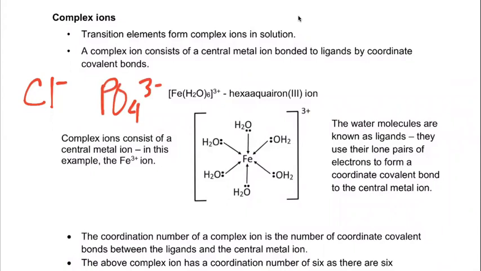And that one's a little bit more complicated because if I actually draw it out, it's a phosphorus bonded to 4 oxygens, and it has a charge and all that stuff. So it's a little bit more complicated than just having something like chloride. But what these transition metals, or transition elements, do is when you dissolve them in water and make a